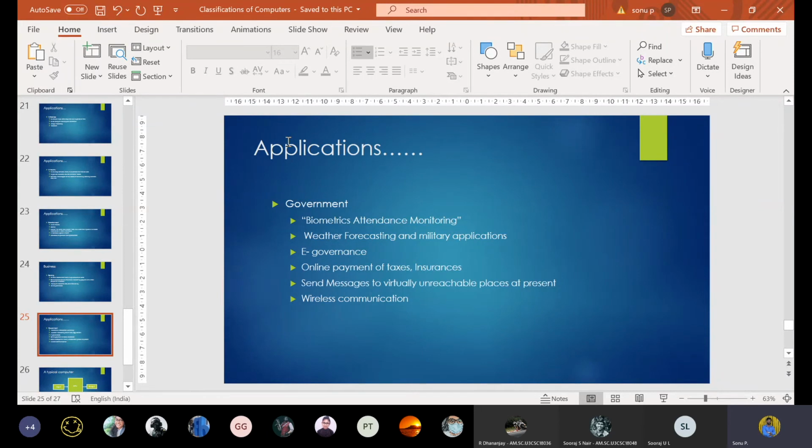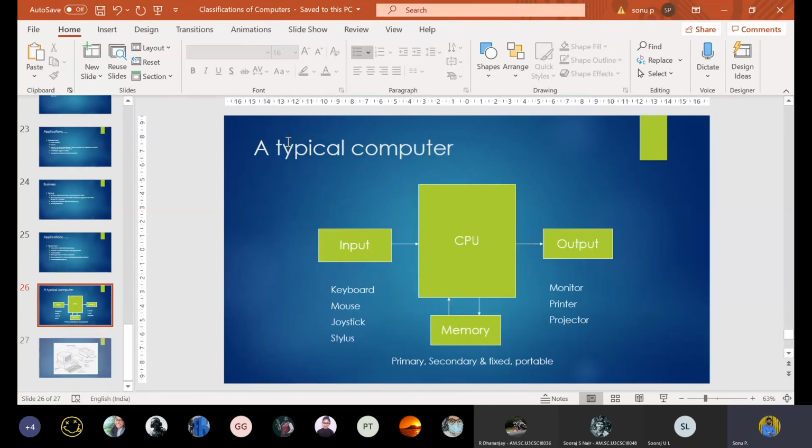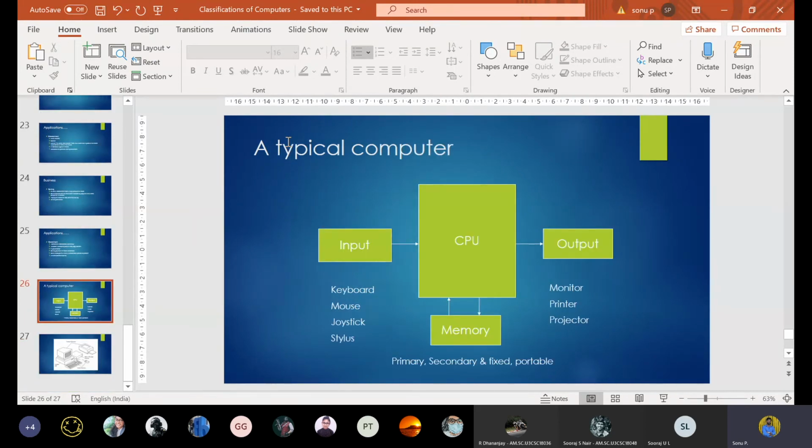If we have an internet connection, you can apply directly. Then tax payment and insurance payment are all virtualized, and nowadays it is possible online. You can have many usages in every application area. Okay, just skip or go through this.